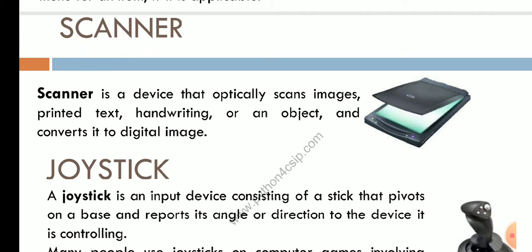Soft copy is content which we have in our computer or gadgets, and if you have the same copy in a printed form on paper, then it will be called hard copy. Scanner is used to convert hard copy into soft copy, either it may be an image or a text or whatever it may be. If you need to convert a hard copy into soft copy, we will go for scanner.